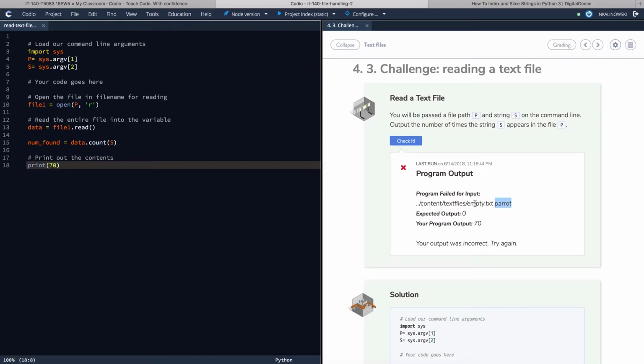Well, I'm assuming, I should never assume, but I'm assuming that empty.txt doesn't have anything in it. And so if I look for parrot in this empty file, I should find it 0 times. So when I fix my code back,